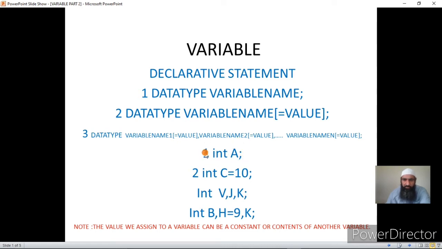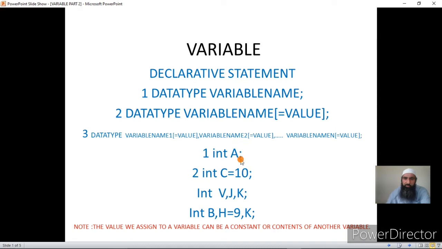Now today we are going to learn two things. The first is the second form of doing the same thing but with one more addition, that is assigning a value to the variable at the point of declaration. In this statement, that is the second statement, this is again a declarative statement in which first I am giving the data type and then the name of the variable, then I am using an assignment operator and I am assigning a value to the variable. If you remember, we have not been doing like this in the previous programs.